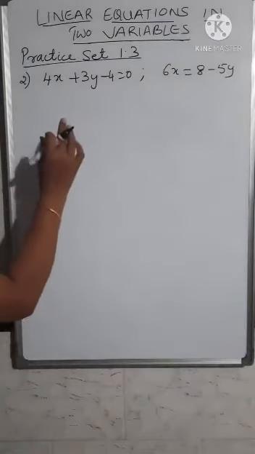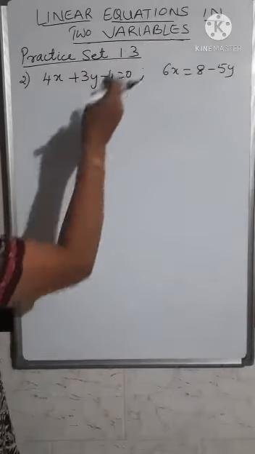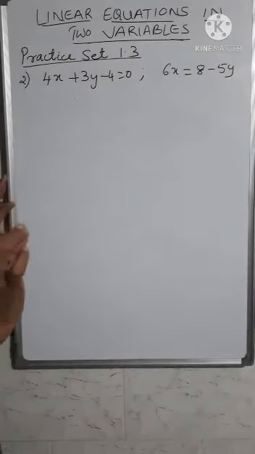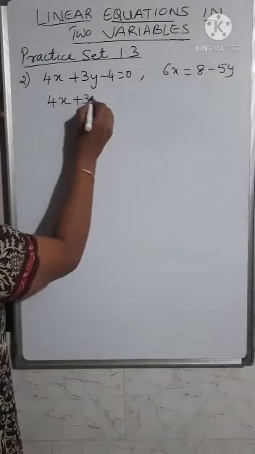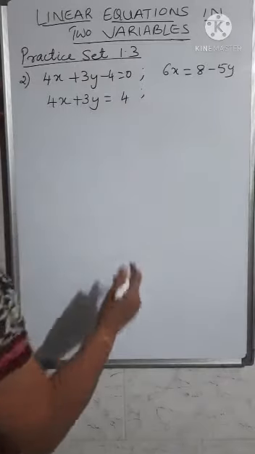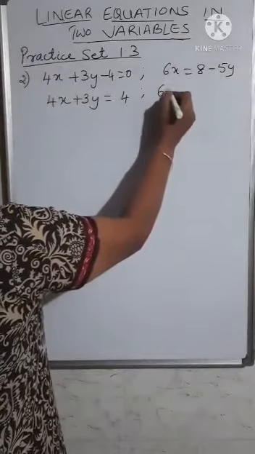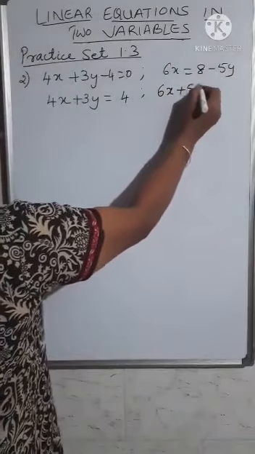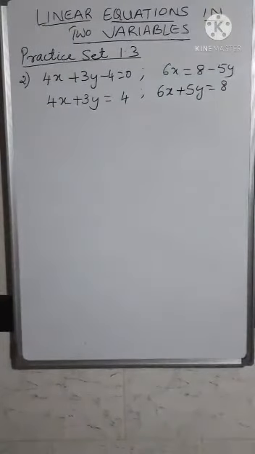For this, I told you whenever you are solving by Cramer's rule, the constant has to be taken to the other side. Write it in the standard form, that is a1x plus b1y equal to c1. So here when you rearrange and write it, you get 4x plus 3y, take 4 to the other side, you will get plus 4. Now in the second equation, you have 5y on the other side, bring it to the left hand side. So you get 6x plus 5y is equal to 8. So this is the first thing that you have to write, that is writing it in the standard form, taking the constant to the other side.